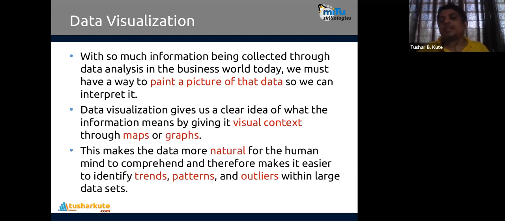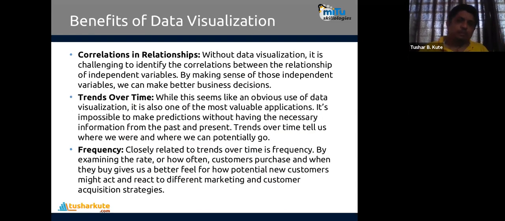This is what common ideas are there which are used from data visualization. Now, what are the benefits of data visualization? Many are there. Out of it, 5, 6 I have summarized over here. The first, correlation and relationships can be identified. So basically, the concept is correlation.